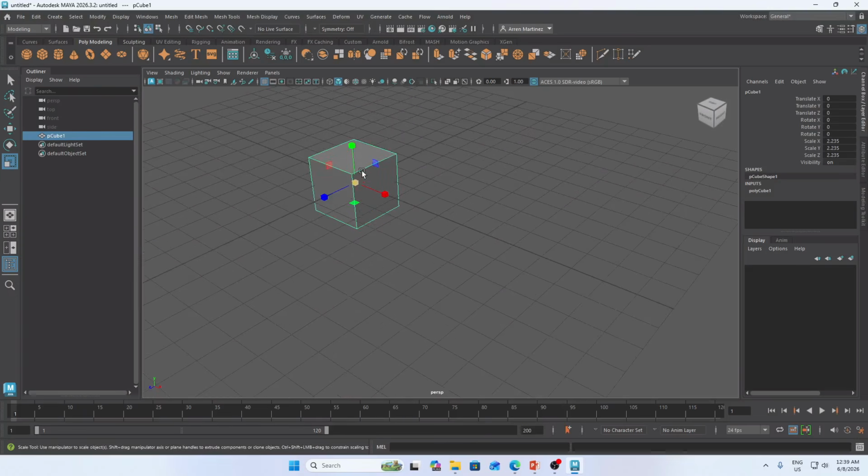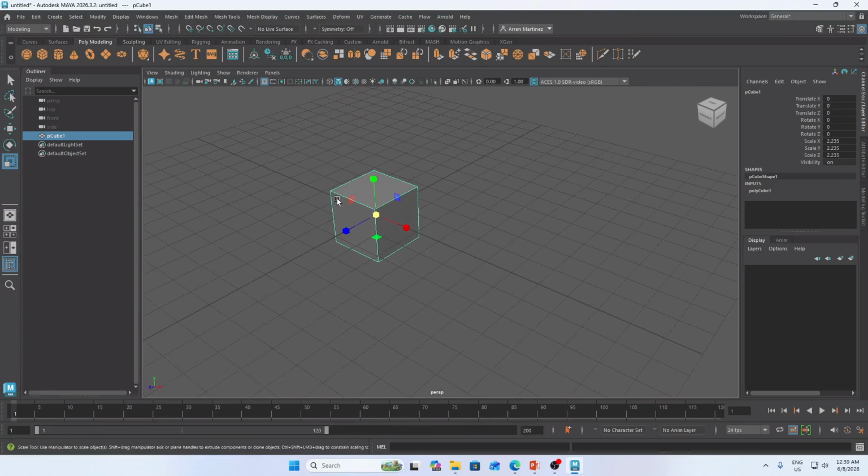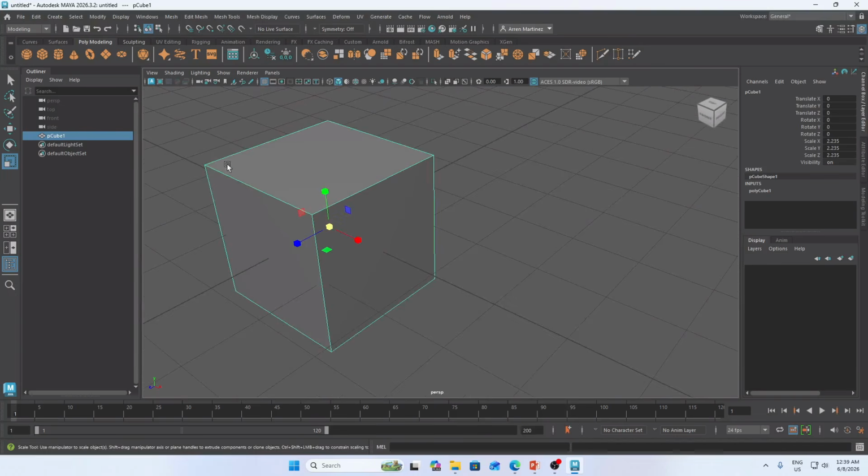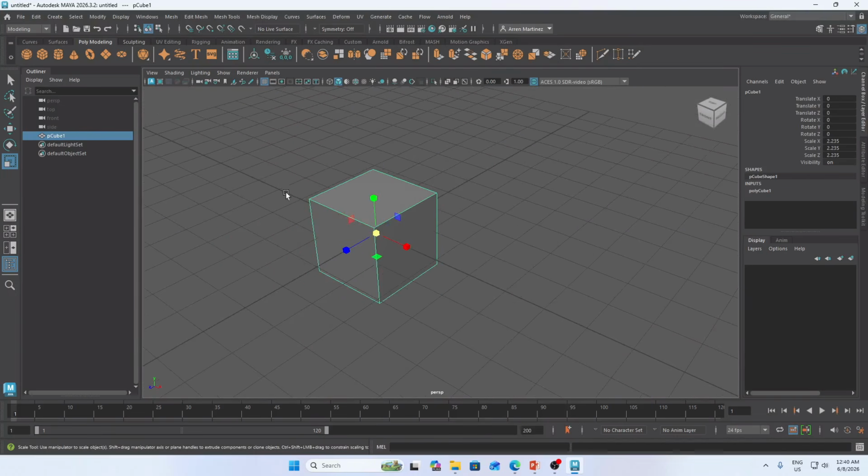So what if I want to manipulate a particular part of this object, for example, the corner of this one? This is the only part that I want to adjust. It is possible, yes, by using the component mode, or what we call the selection.